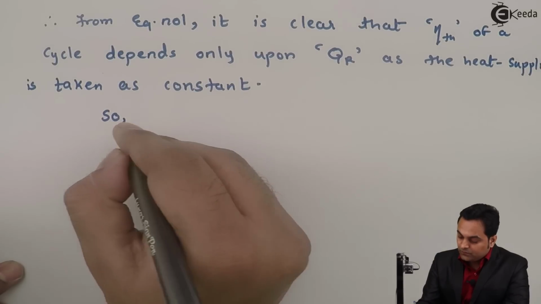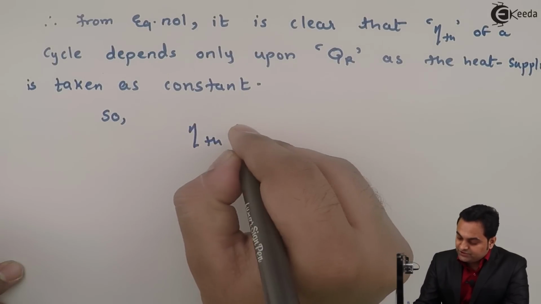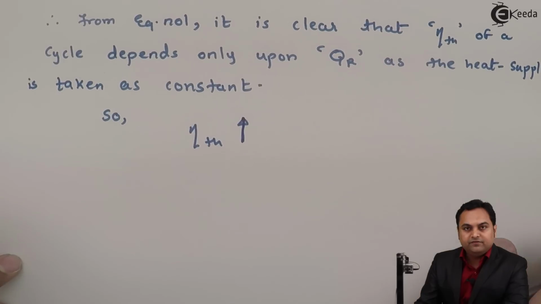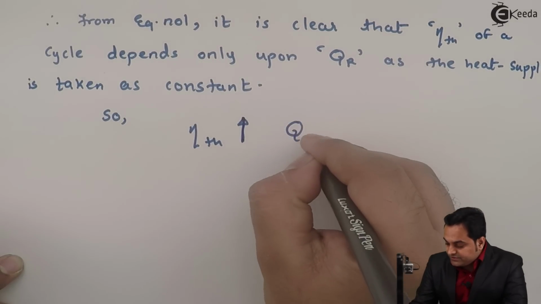So for thermal efficiency to increase, that is if you want to increase the thermal efficiency, the heat rejected value